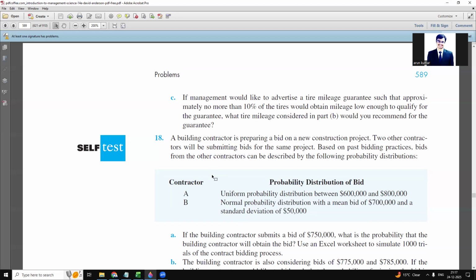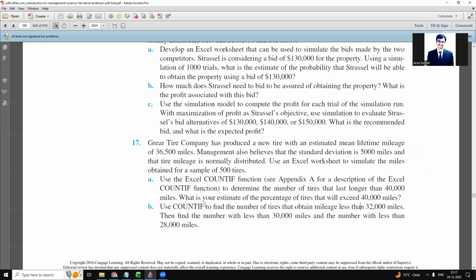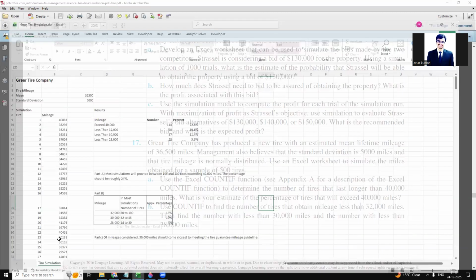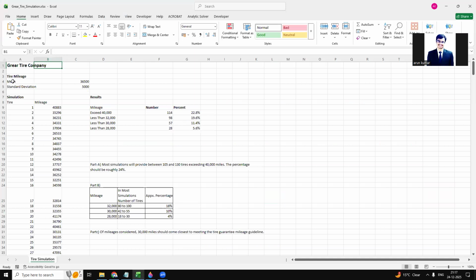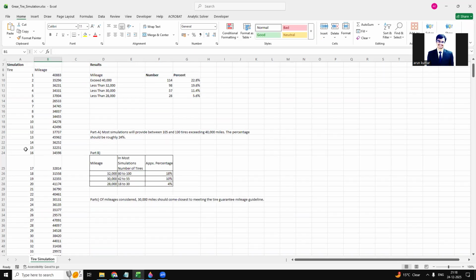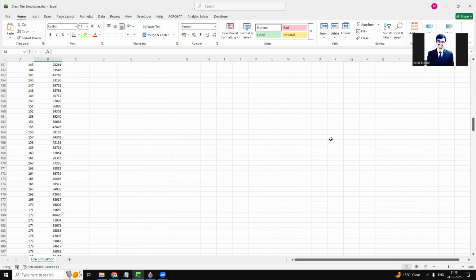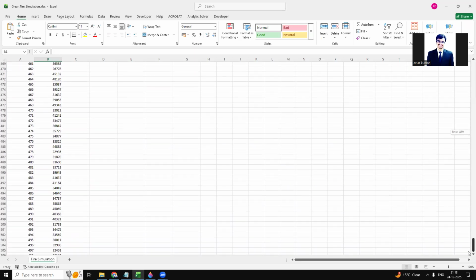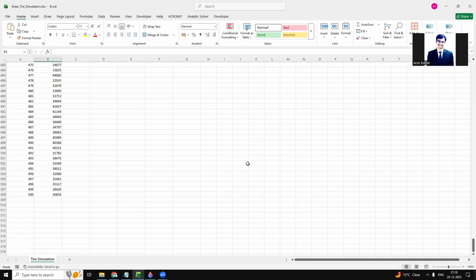So here I have solved all three parts of this question using simulation Excel formulas and COUNTIF formulas. Also, here is my solution. The tire mileage is 36,500 as discussed, which is the mean. And this one is our standard deviation, 5,000, which is already given in the question. Now for the simulation results, this one is our tire, and I made the simulation below in that workbook, which is 500